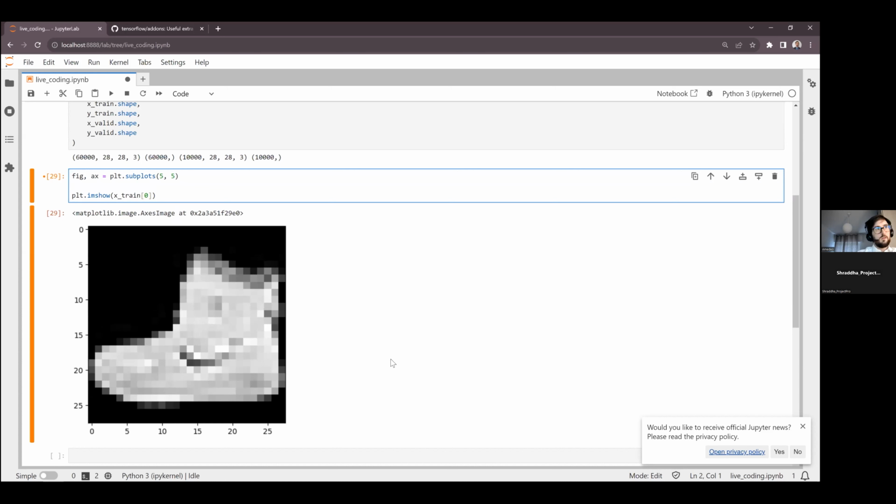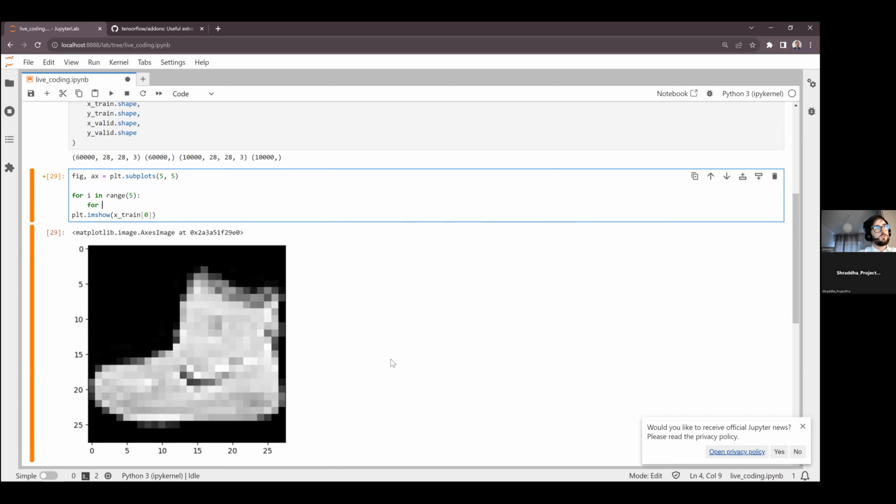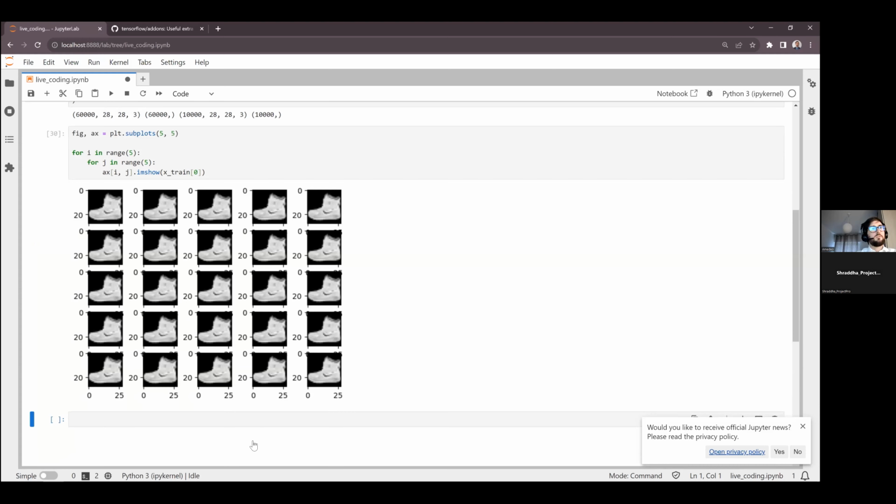Okay, now for I in range 5 and for J in range 5, I will plot an image like that. I put the indexes, and so I will take the subplot numbered by I and J and plot the image in there. At the moment I keep that one, I will get 5 by 5 of the same image.